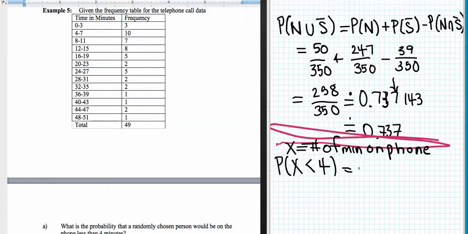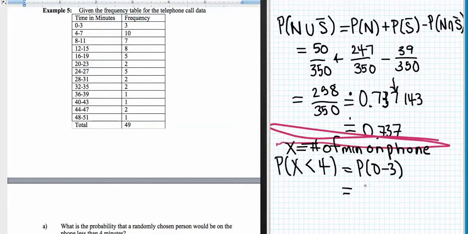So this probability of being less than 4 minutes is the probability of being on the phone 0 to 3 minutes. And this idea of mutually exclusive, that is the strictly less than, means that we're having everything that's below that, and that's actually something that's really important when we get